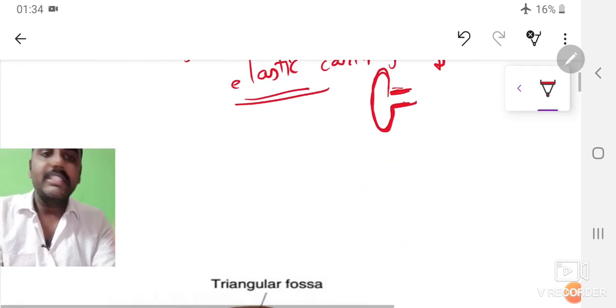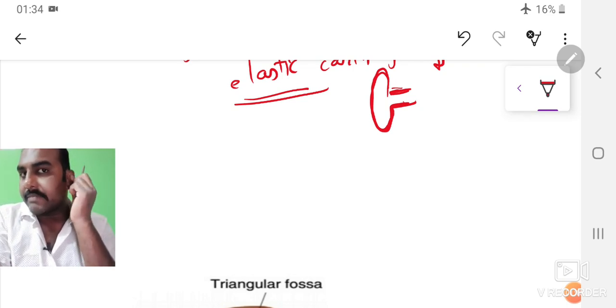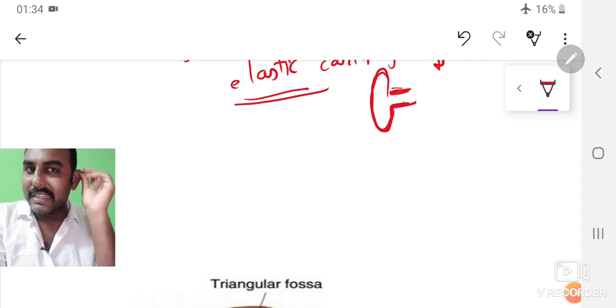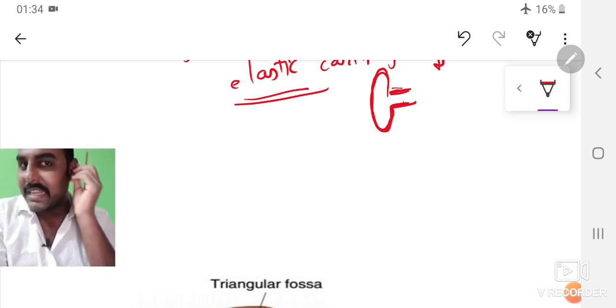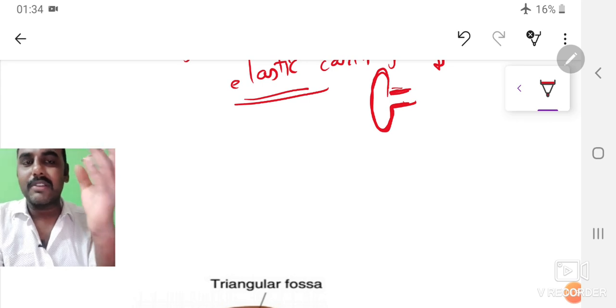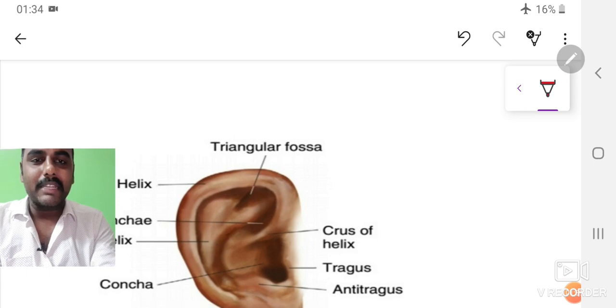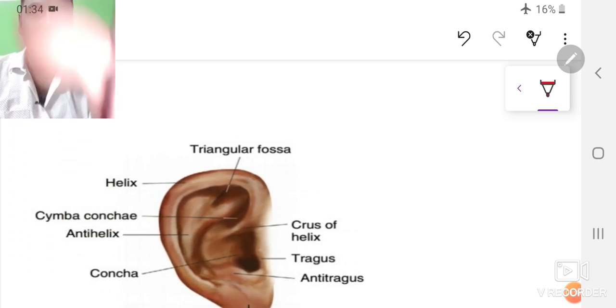We know the pinna is not a straight structure. There are some elevations and some depressions within the pinna, which give it a cute look, or a different look. If there is some problem with the pinna, people will point it out to us. So the pinna makes the appearance a cute one or a cool one. Now, let us look at the shape of the pinna: these elevations and depressions I mentioned.